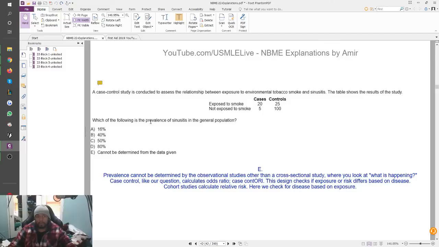Which of the following is the prevalence of sinusitis in the general population? Right. So they just want the prevalence, which this kind of question really catches people off guard sometimes because we don't really necessarily tend to remember an equation per se for prevalence. But prevalence just means how many people have the disease, right? Compared to incidence, which means how many new people got the disease more recently, if anything. So they have all these numbers, 16, 40, 50, 80, and then this trick answer choice